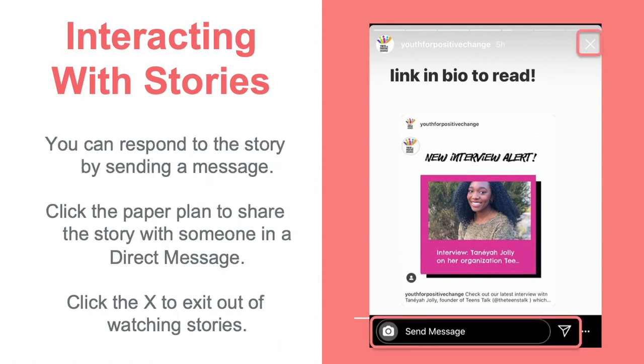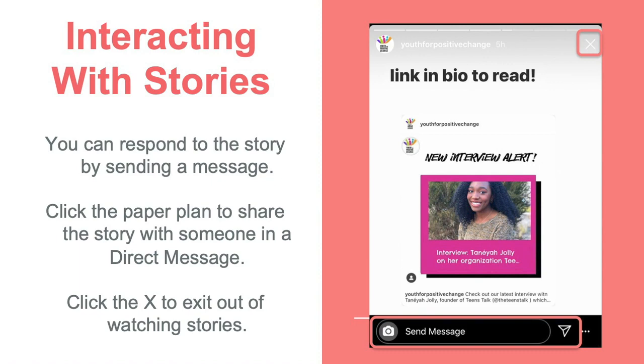And then you can respond to the story. So if you think it's interesting or you have a question about something, like the page here, it's an article, or just talking about a post that they had put up, you can swipe up or click in the little send message tab here, and just type out whatever you want to say.